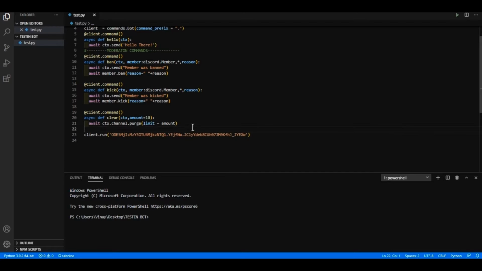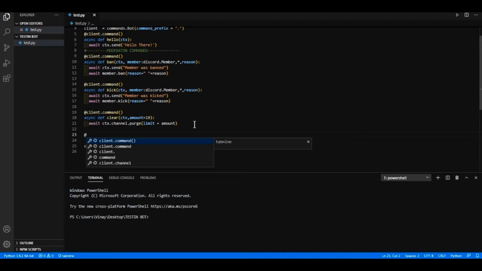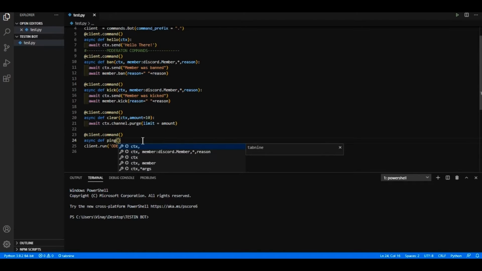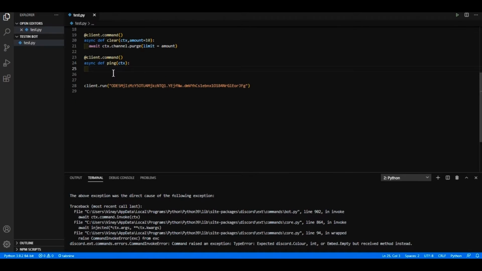Okay, so this works. Then we're going to create a ping command. So @client.command, then async def ping, and all it takes is ctx. So I'm just going to create a new embed named new embed, and it's going to be